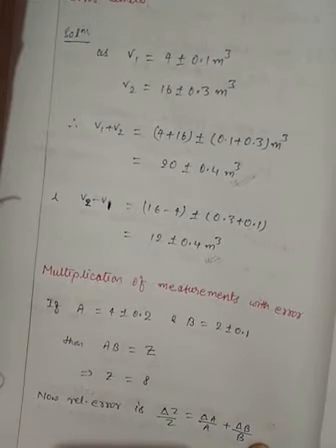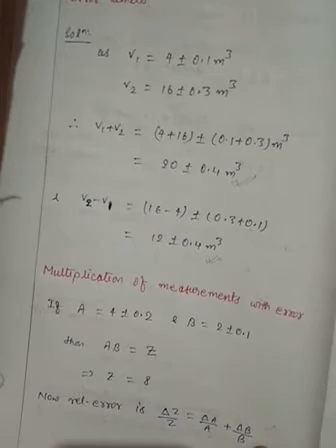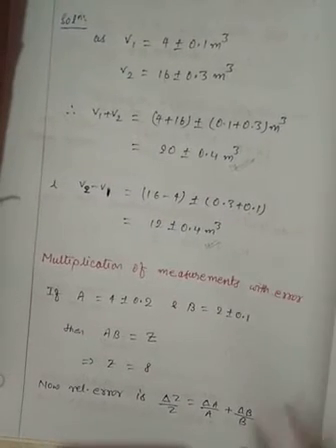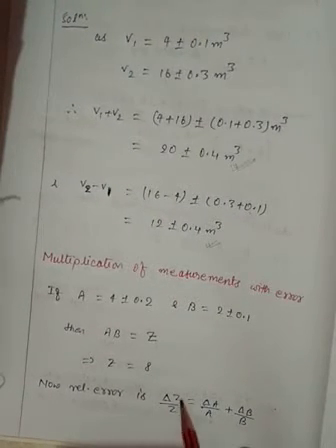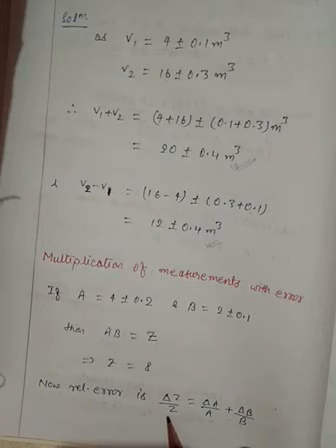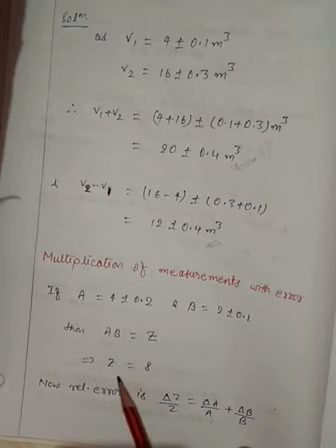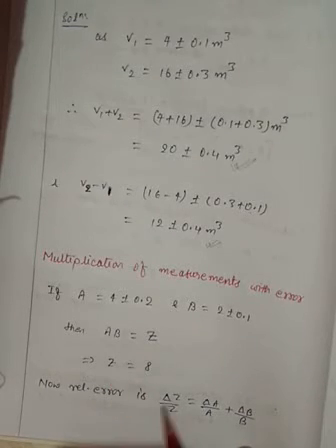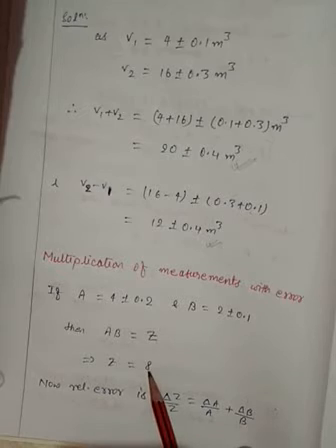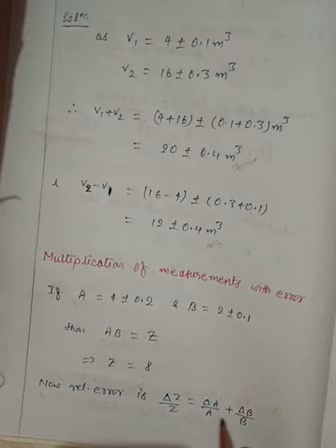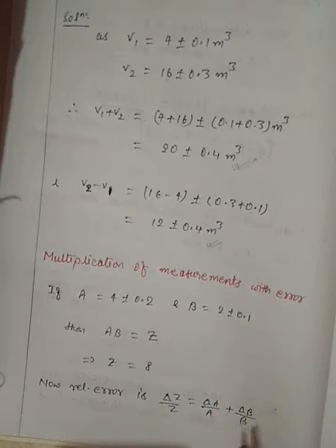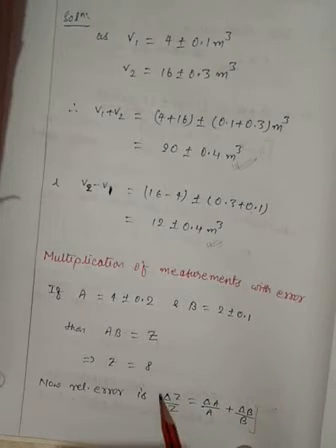Now, we need to have the error. So, for the error what we can do, we know in the last class I explained relative error, that is the error part divided by the absolute part. So, let us say we do not know what is the error in the Z. So, delta Z is the error part, but we know the absolute value. So, delta Z by Z should be equal to delta A by A plus delta B by B. So, this is the rule for the product.